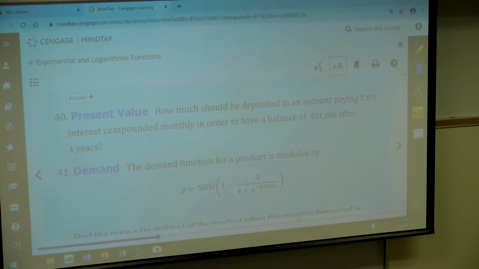It doesn't say continuously, right? So we have to do this using a calculator because I haven't talked about